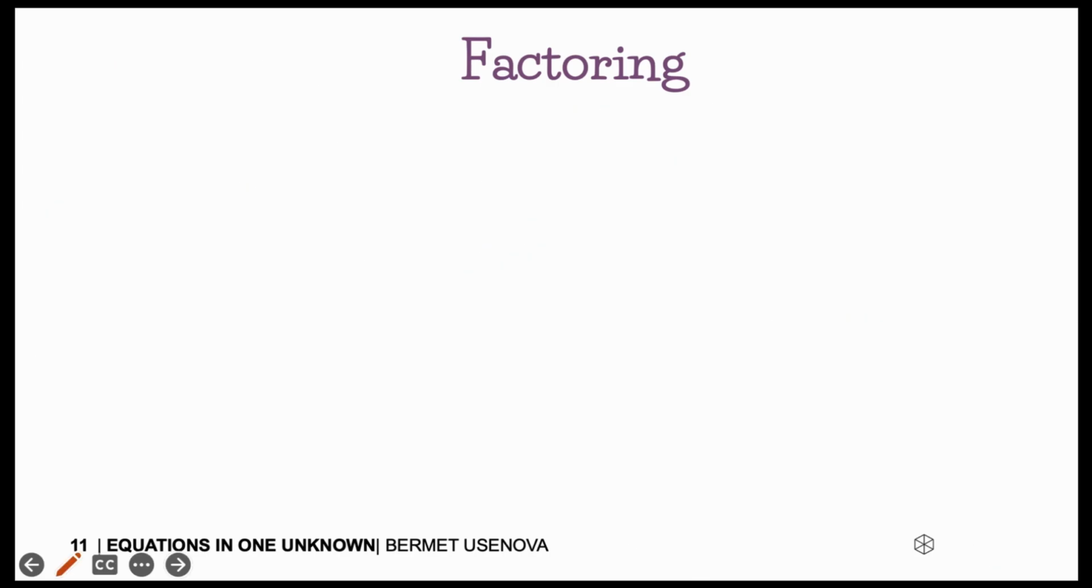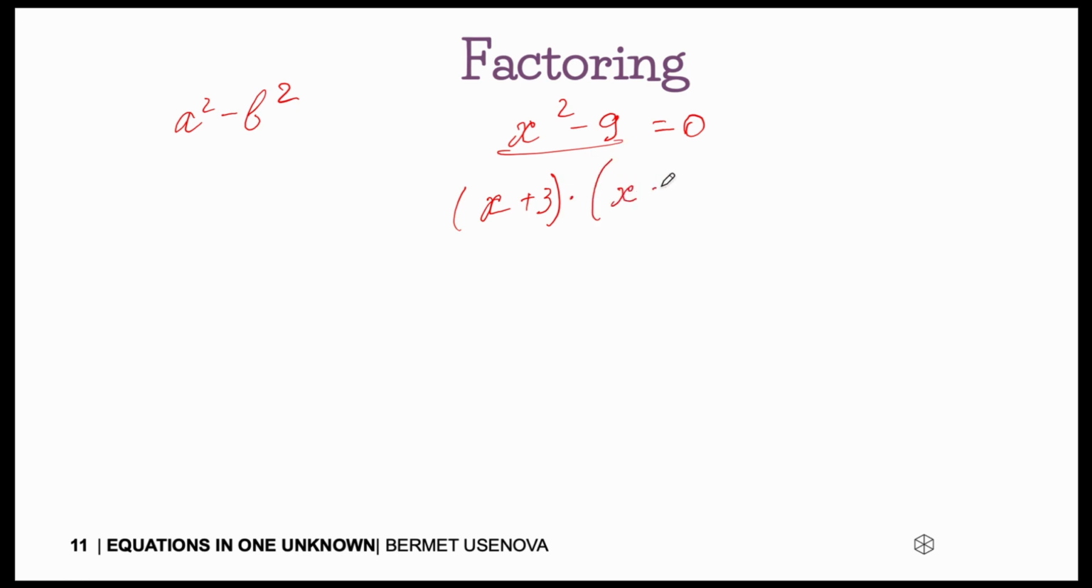Another way we can use factoring is, if you remember the binomial formula, a squared minus b squared. For example, if we have the equation x squared minus 9, then we can rewrite it as x plus 3 multiplied by x minus 3. Then we will get either x plus 3 is equal to 0 or x minus 3